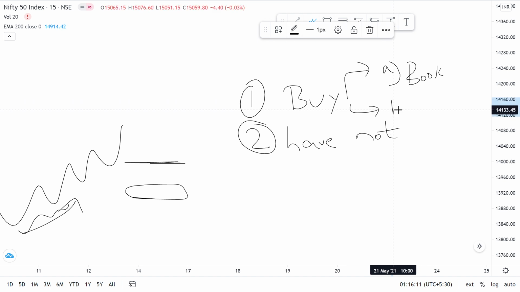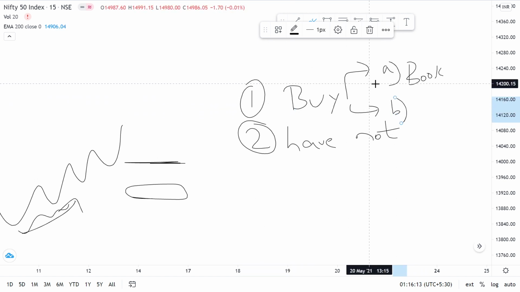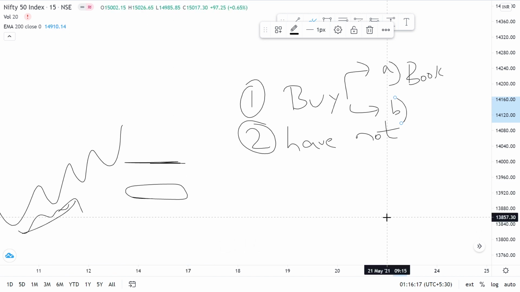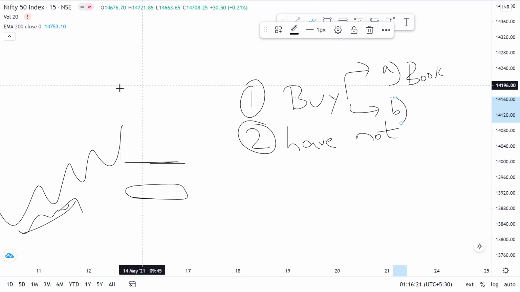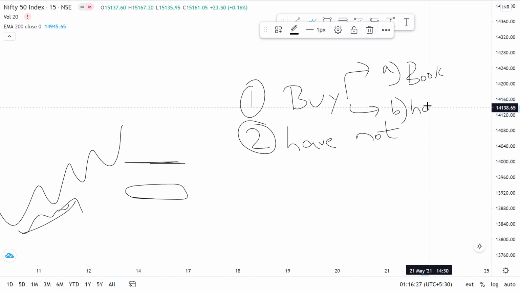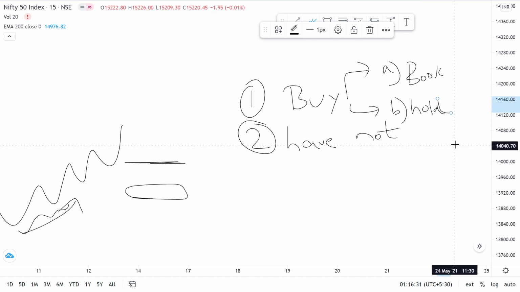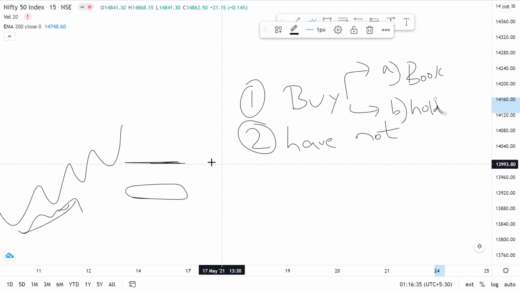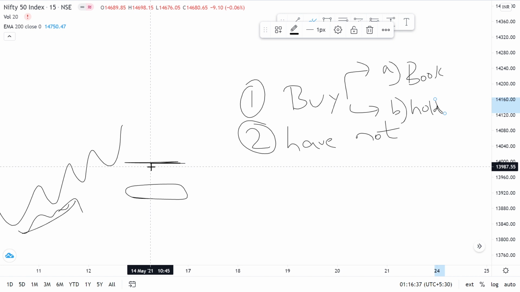Now the second guy, type B. These A and B are the guys who have bought in this rally. Now the second guy, he doesn't want to sell it yet. He is willing to risk his money, and he is willing to hold it for longer in the hopes of the market going higher. So this guy is the holder, holding his positions. He is hoping that the market has opened gap down, but maybe markets will recover from here.